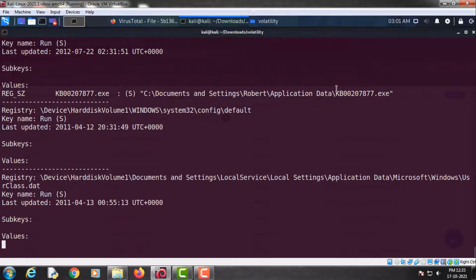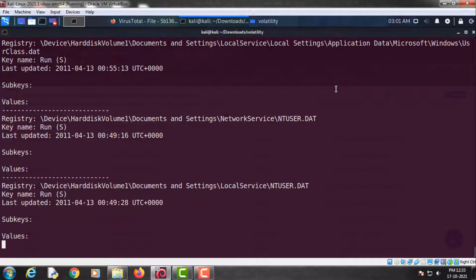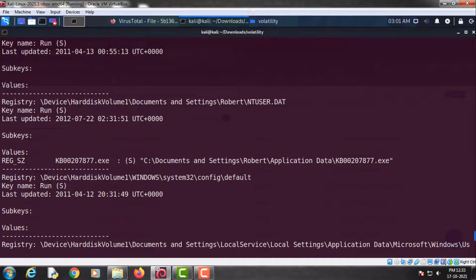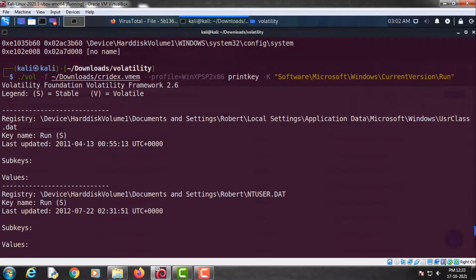So if you look carefully here, this is the suspicious executable program which automatically starts when we turn on the system. So we will try to find out if this program is malicious and it is related to that suspicious program having PID 1640.